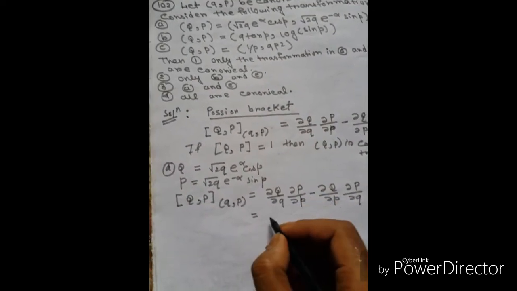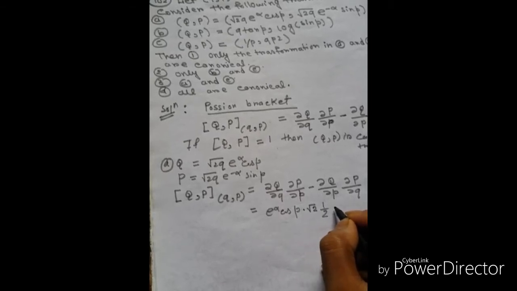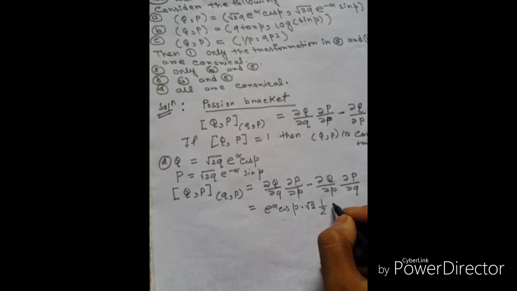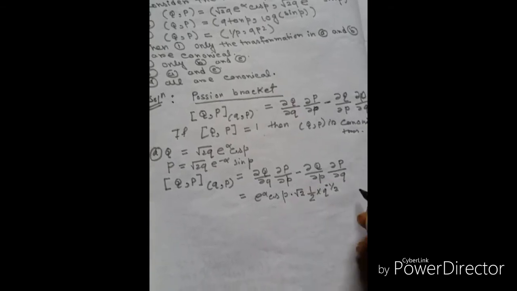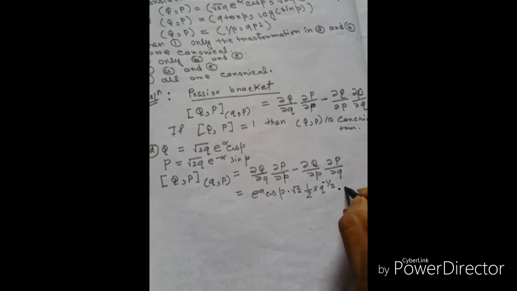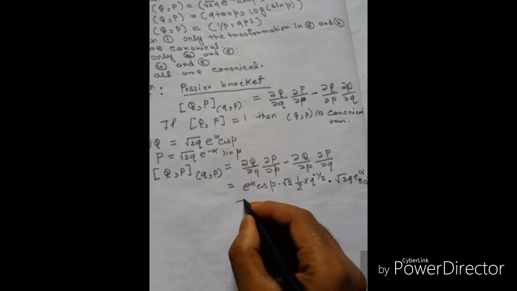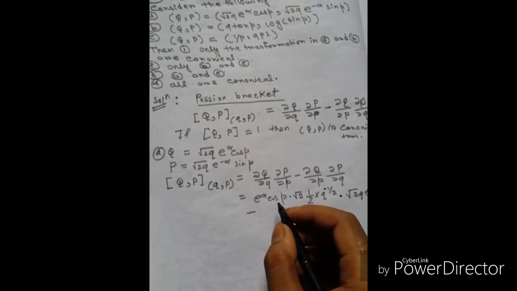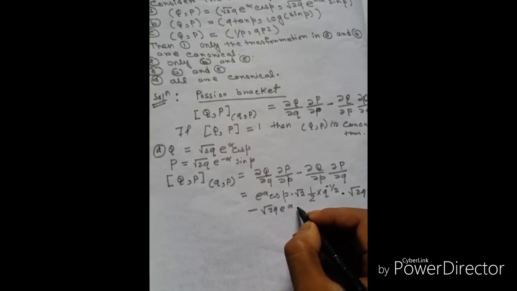So del Q del q is e to the power alpha cos p root 2 into half q to the power minus half, and del P del p is root over 2q e to the power minus alpha cos p, minus del Q del p, which is root over 2q e to the power alpha into minus sin p,